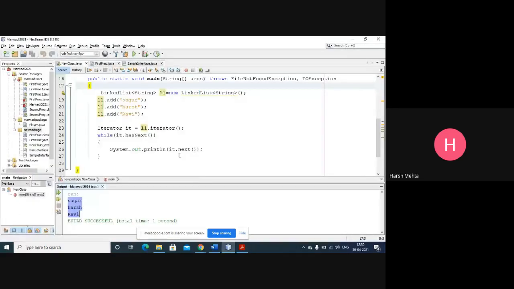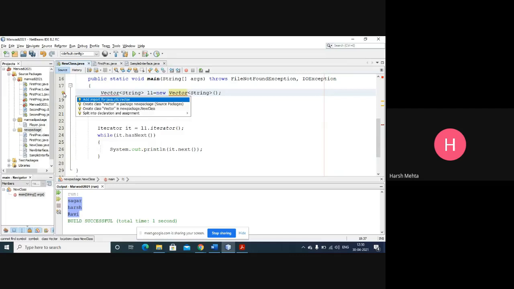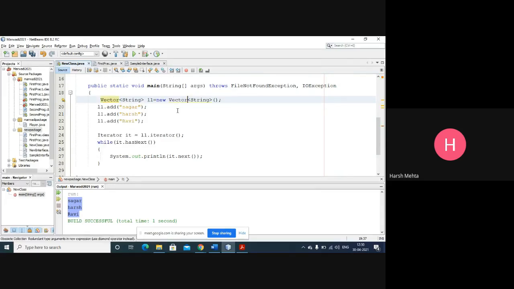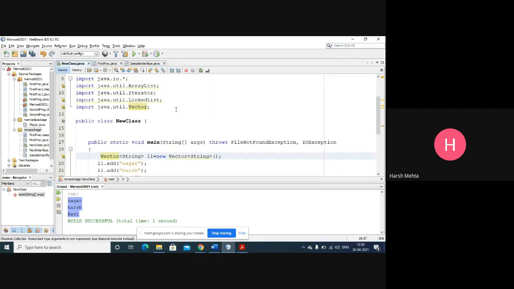Okay, so let's try vector. Okay, we need to import something. Vector. I don't require linked list as well as array list.